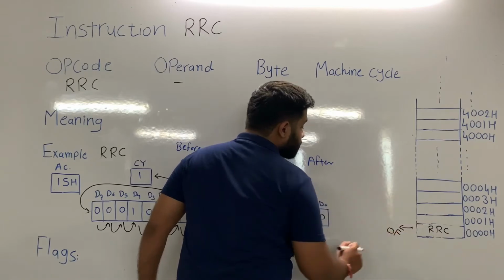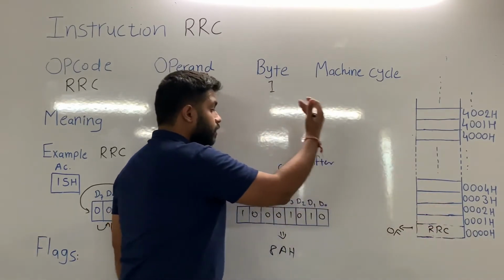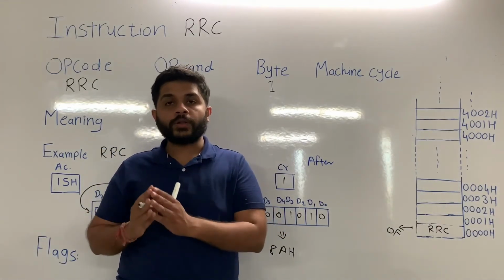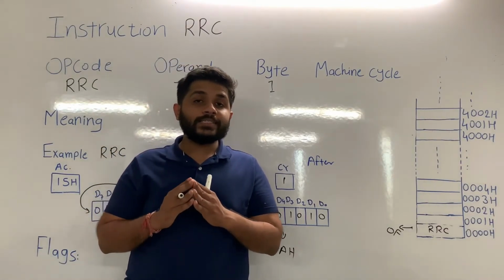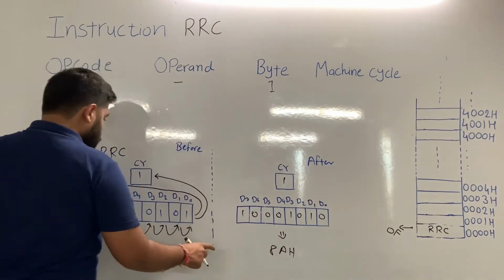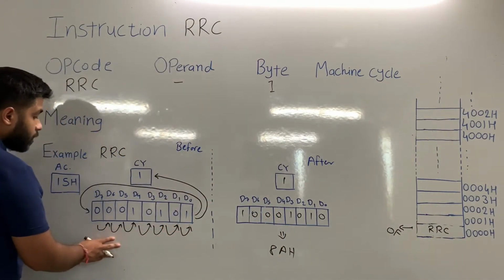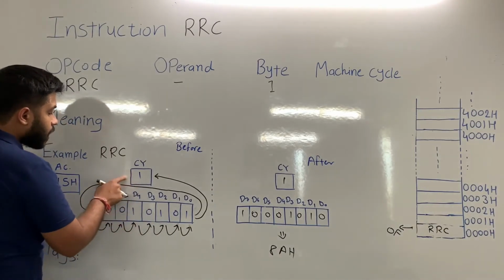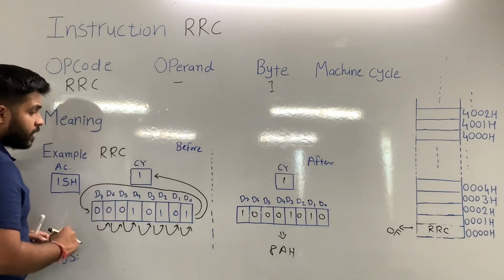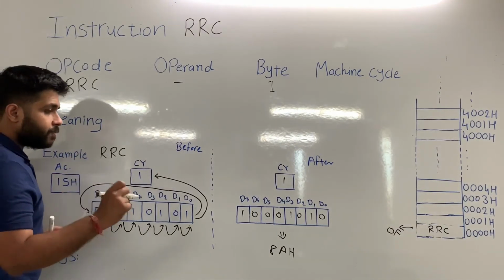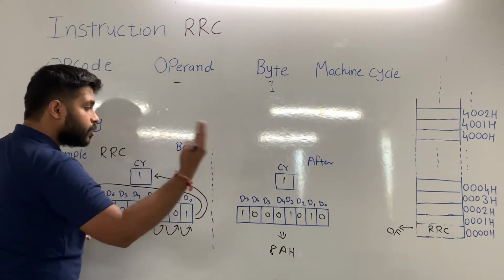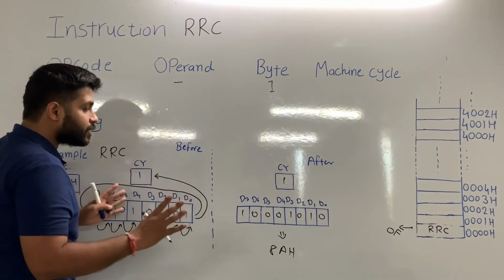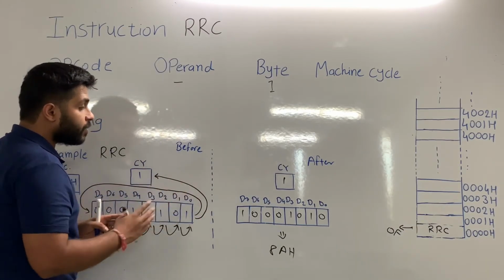When opcode fetch is performed, this whole instruction will be transferred to the microprocessor. The microprocessor will decode that instruction and it will execute. During the execution, what is happening? You can see that the content of accumulator is shifted right. It means the content of accumulator is changing as well as the content of carry is changing. During the execution, is the processor transferring any data to the memory or reading data from the memory? No. The processor is not doing any interaction from the memory or to the memory.